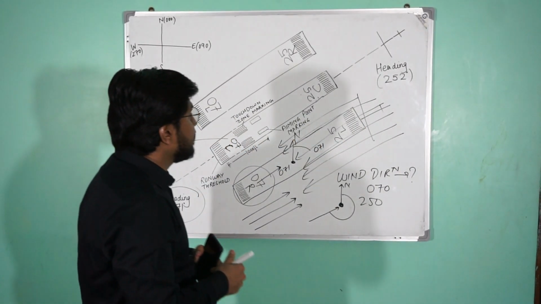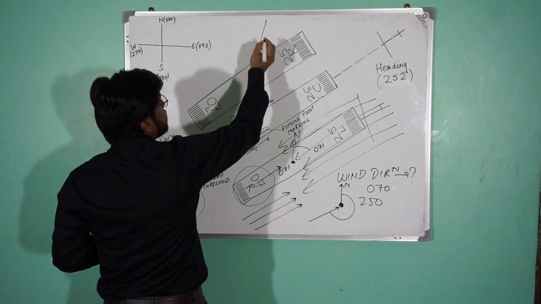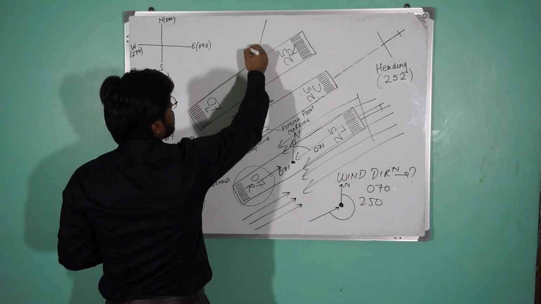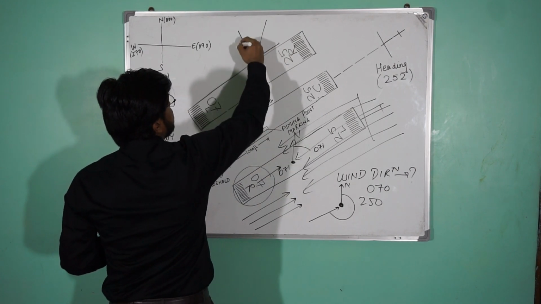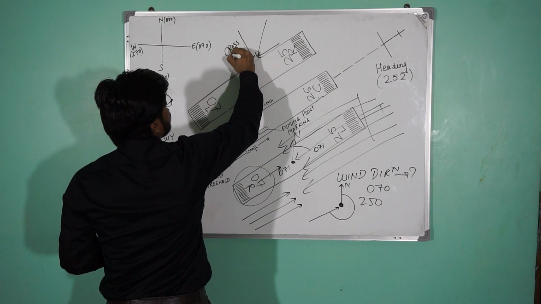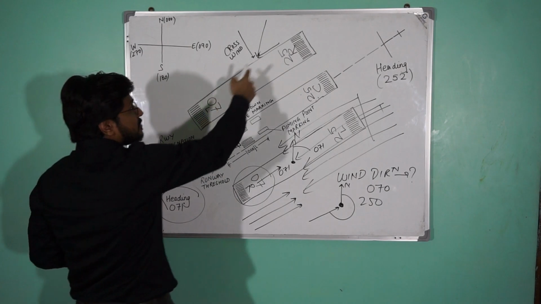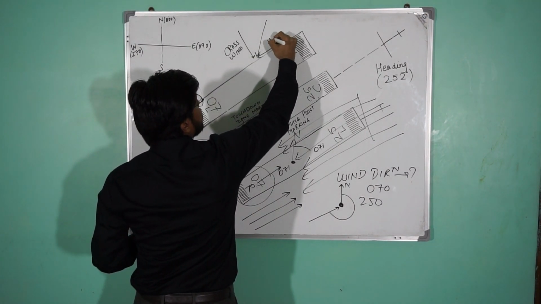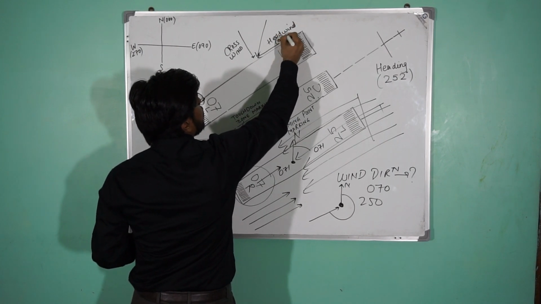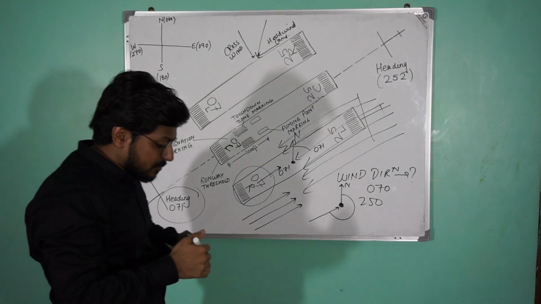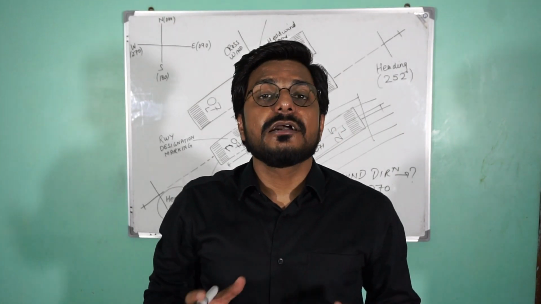Now, suppose this is the runway, and the wind is coming from this direction. In this case, the wind is divided into two components. This will be the crosswind component, and if the runway I am using is 07, this will be the headwind component, and this the crosswind component. Sometimes I've seen questions saying that the crosswind component is too